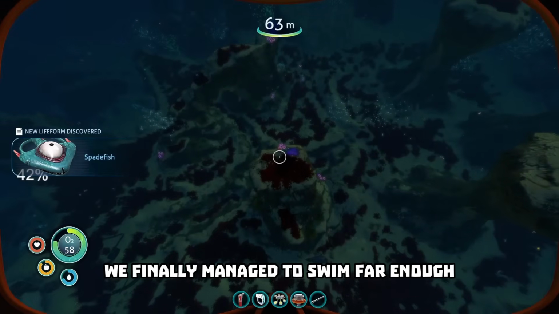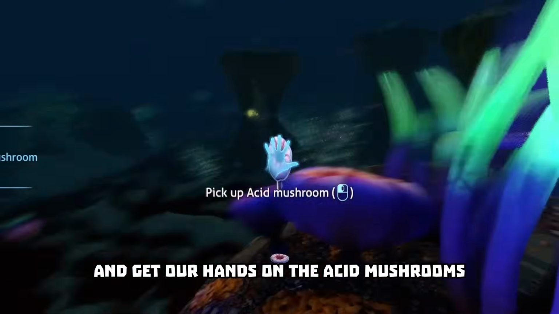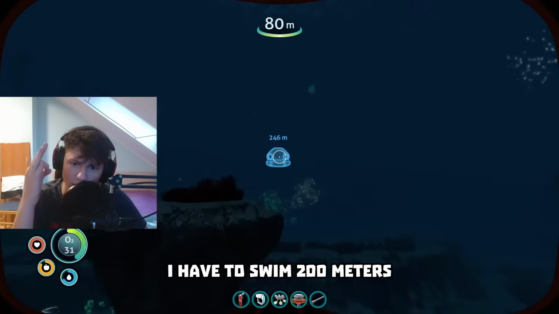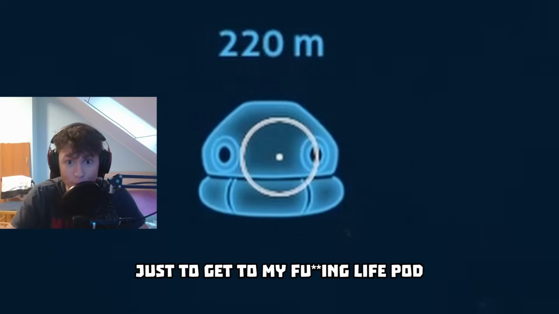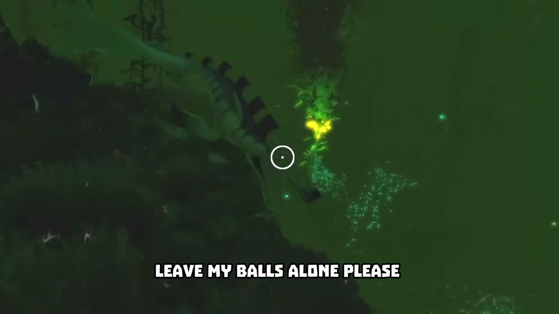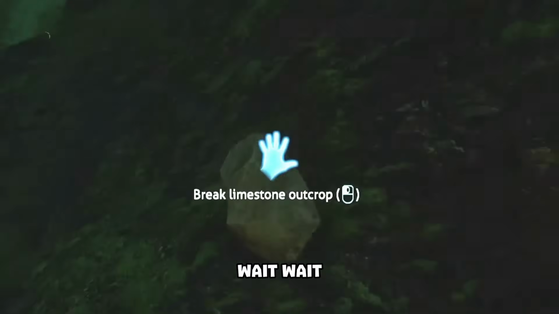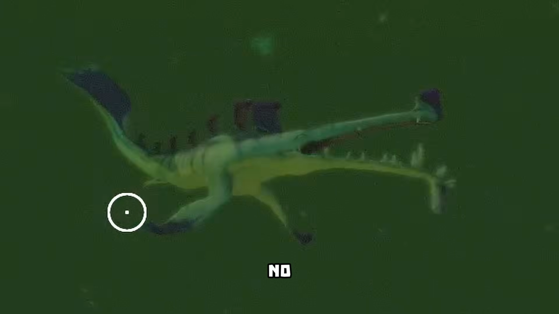With that, we finally managed to swim far enough and get our hands on the acid mushrooms. Oh my god, you've gotta be kidding me. I have to swim 200 meters just to get to my lifeboat. Now, once I made it to the lifeboat, the only thing I needed was just 1 more copper for the battery. Oh no, no! Leave me alone, please! Wait. Yes, finally copper! No,